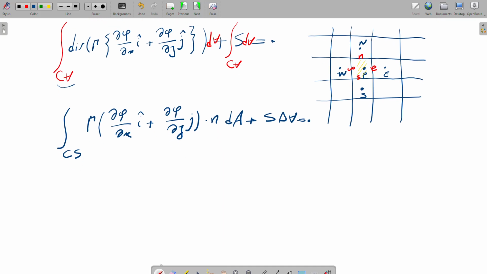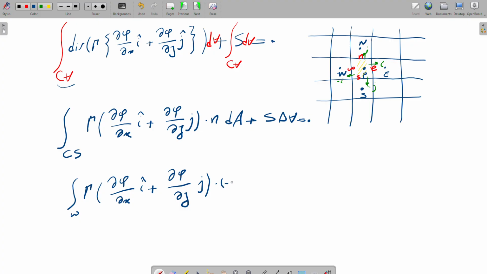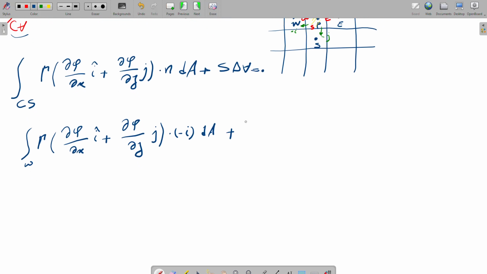On the west surface the normal vector is minus i, on the south surface it is minus j, on the north surface plus j, and on the east surface plus i. Therefore, we integrate over w: gamma dphi/dx i plus dphi/dy j dot minus i dA, plus the integral on n